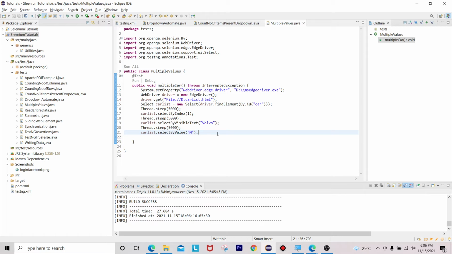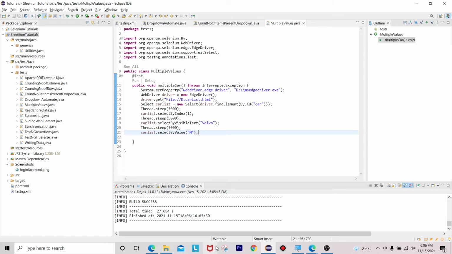Okay, this is how we can automate drop down list by selecting multiple web elements, I mean multiple options present inside the drop down list.